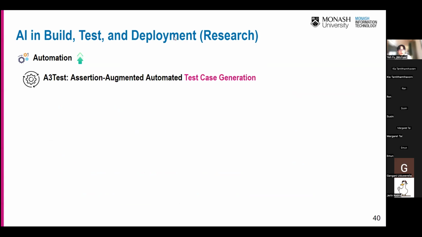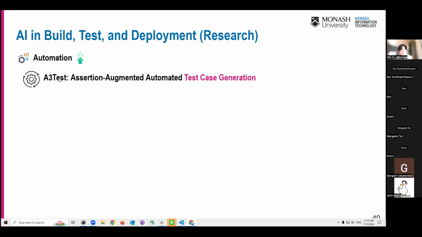The other thing I want to introduce is from research. This one is test case generation research. And why do we want test case generation? It's because there is a lot of testing going on every day, right? We need to test the software. If we can have a test case generation model, then when I'm writing test cases, the model can suggest some more test cases that I can review. So the developer can focus on some other aspects.